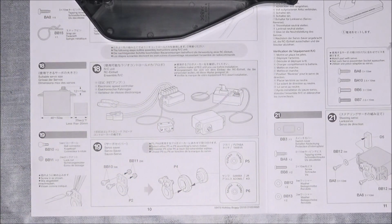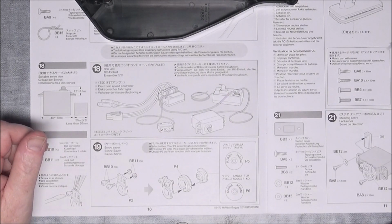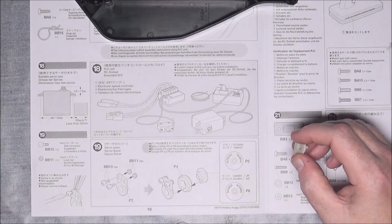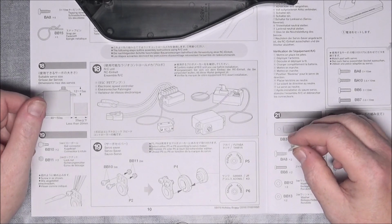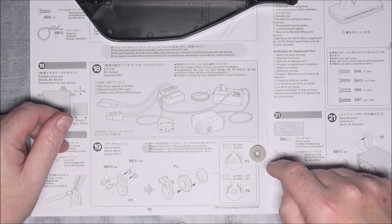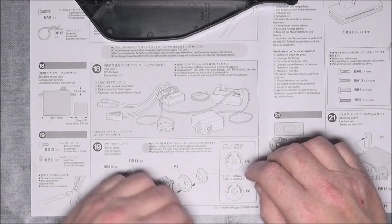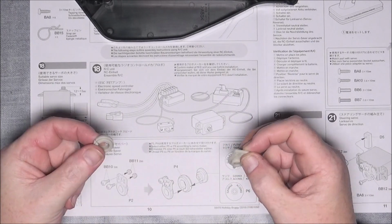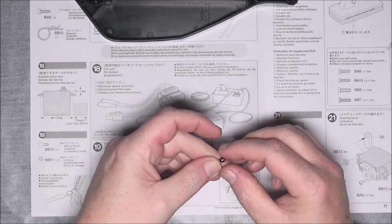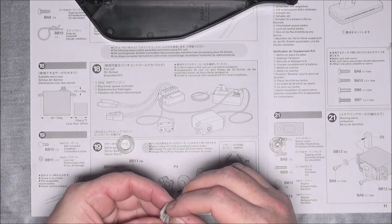So ignoring all of that, we can swiftly move on to step 19, and again some of this is going to depend on what servo you go for. That one I've got, because it's metal gears, I'm using the P5 Futaba Tamiya mount, and these other ones are standard, you'll use for whatever servo you've got. And then what we need to do is put these ball joints on, check the orientation, and pop a ball joint through there,